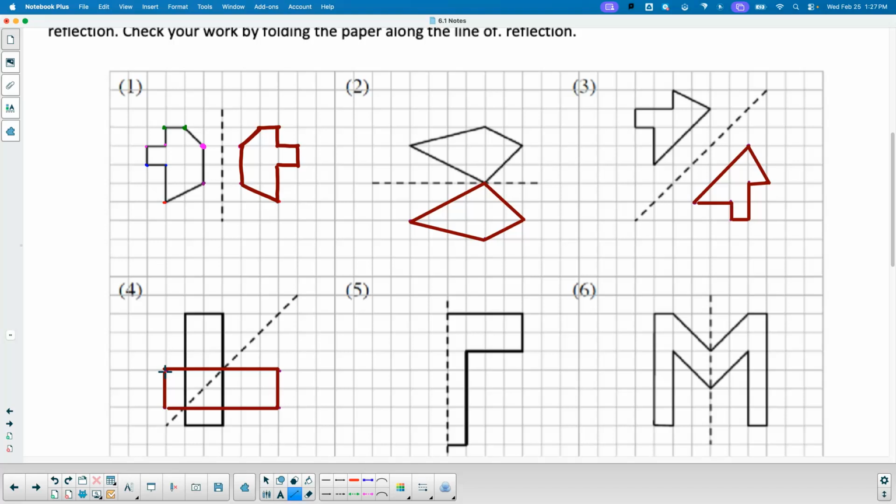There's that one. There's that one. What about number 6? You left it? Well,